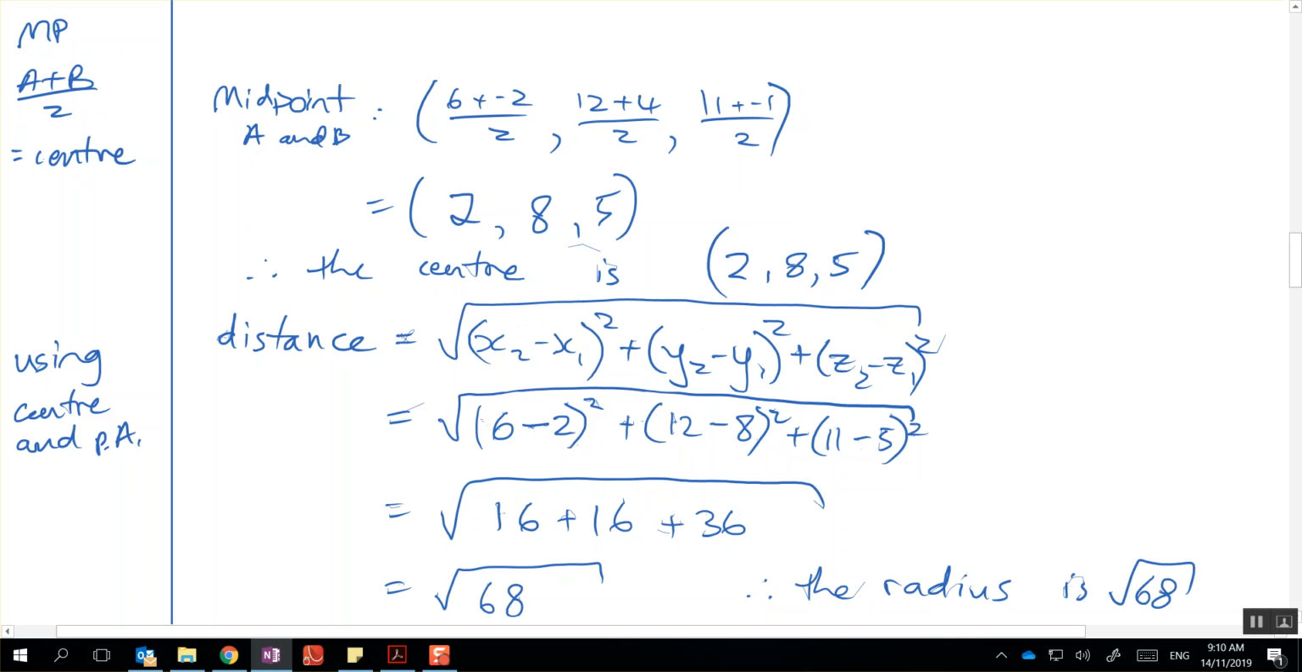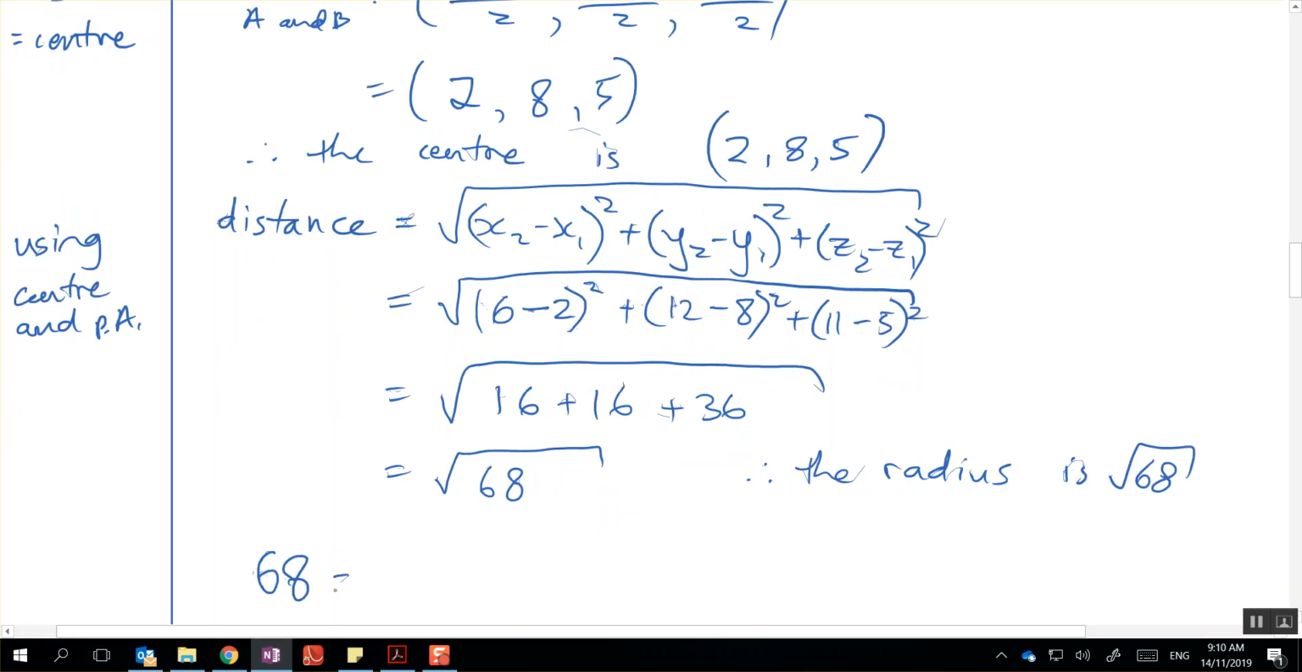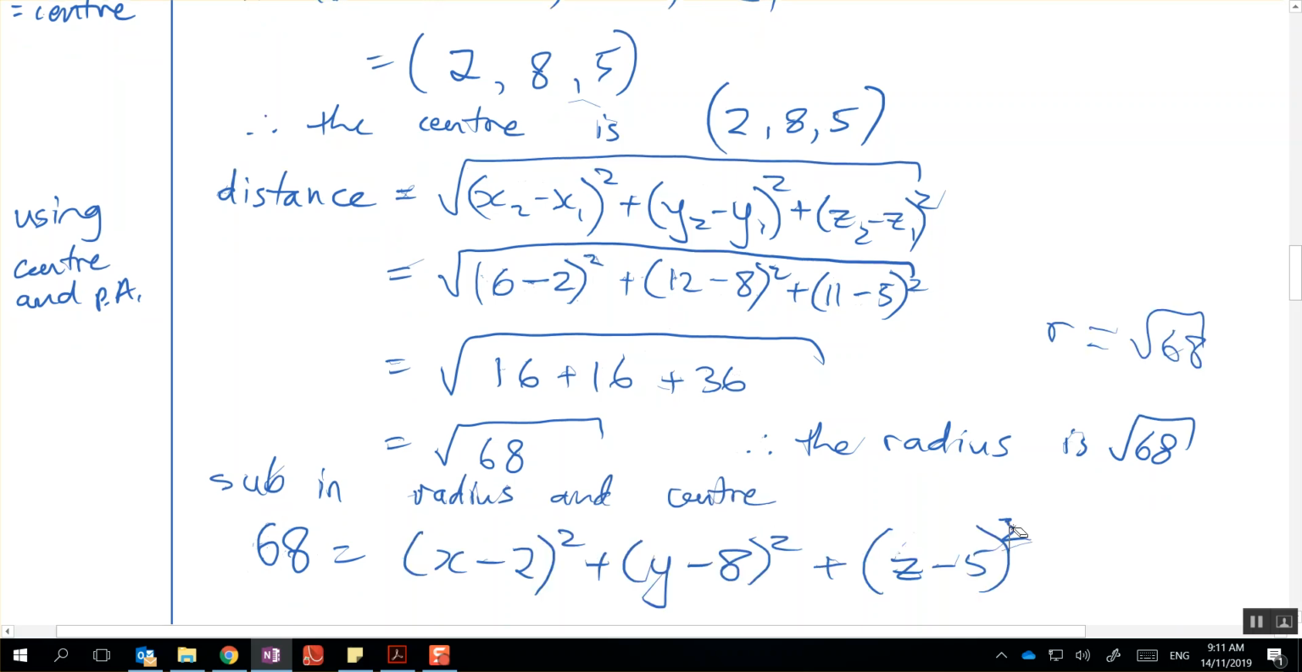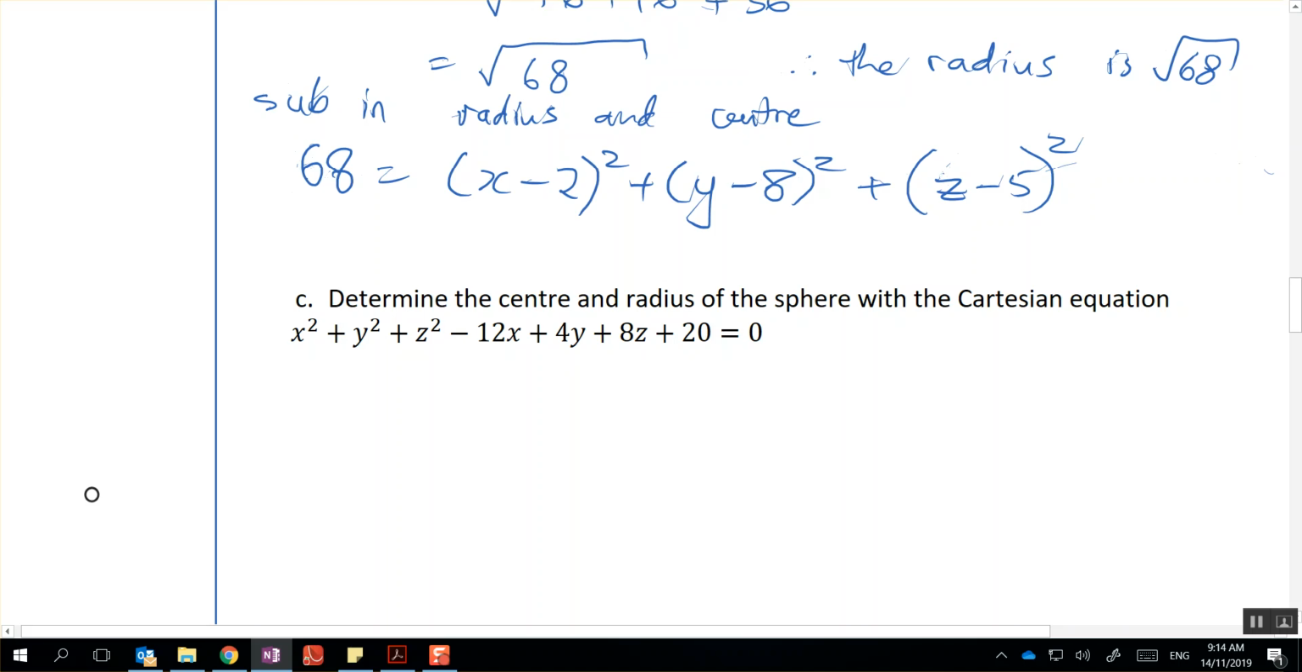So we're going to do what now? Sub it into that first formula. So probably good to communicate: sub in radius and center. And there we go. So how could we factorize to make it the center and the radius? Well, you combine the like variables, so here x